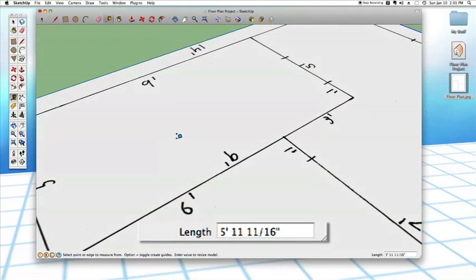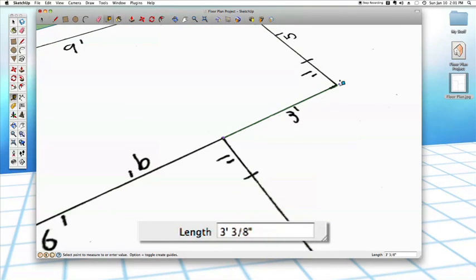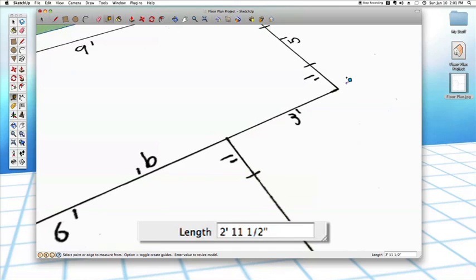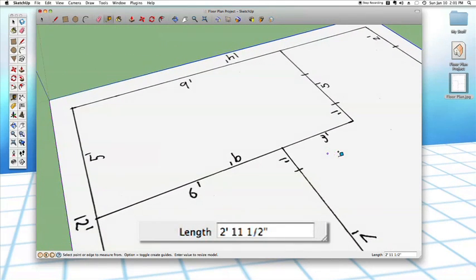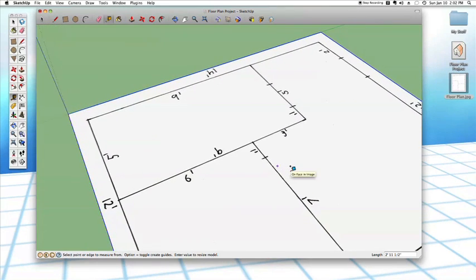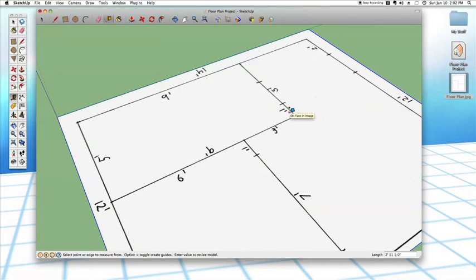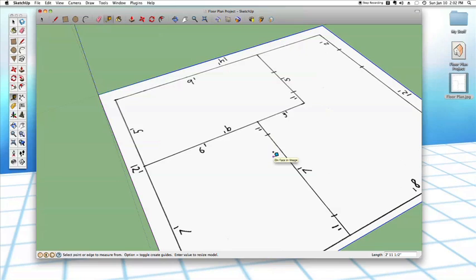Now let's try this again with another wall. Here's one that's supposed to be 3 feet. If I click here and then over here, 2 feet 11.5 inches. So that's plenty close enough. I'm probably just missing something with my selection, or just tiny little differences in how I've drawn my sketch. So no big deal if it's not precisely accurate, but it's certainly a lot closer than it was, and this is perfect to start doing